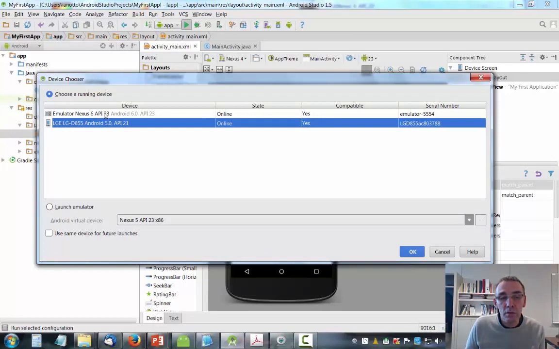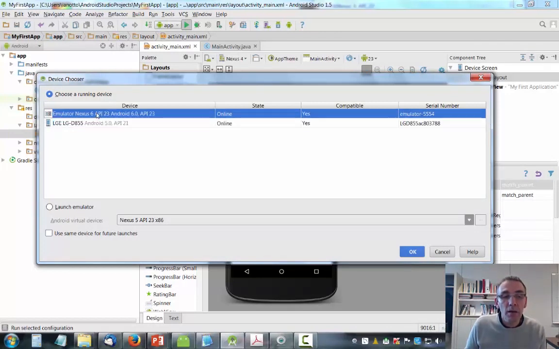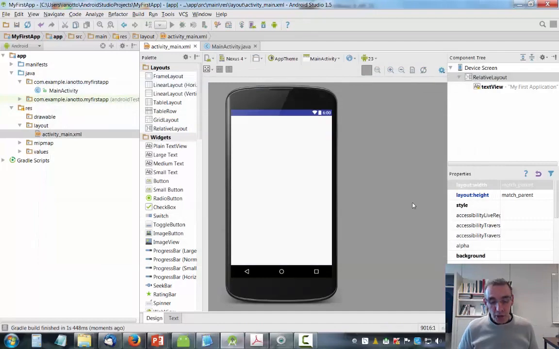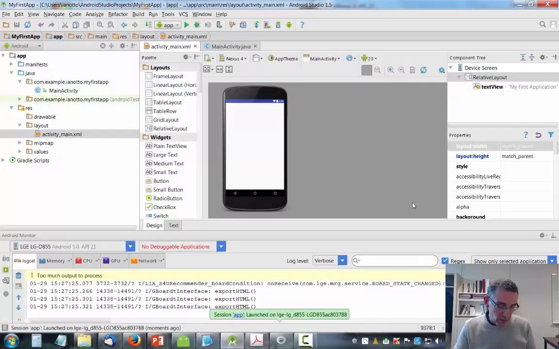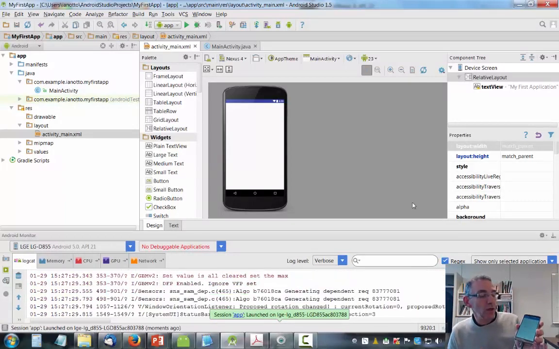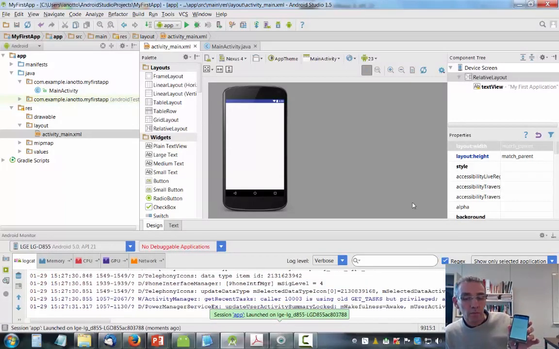I have the choice between two devices. Here I select the physical device and I click on OK. And the application is launched on the physical device, as we can see on my screen.